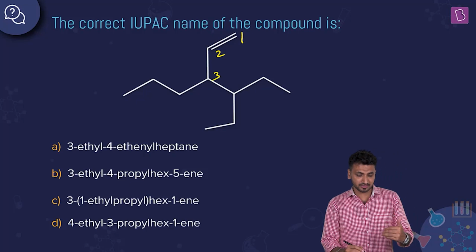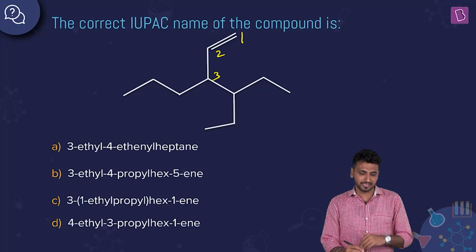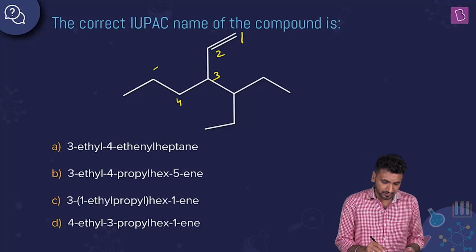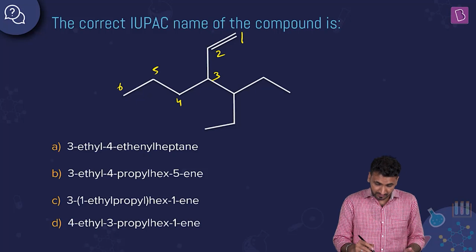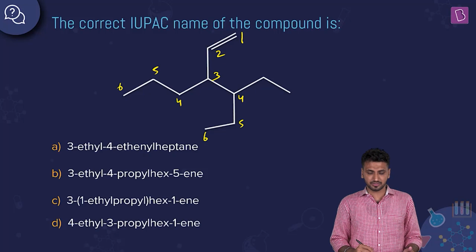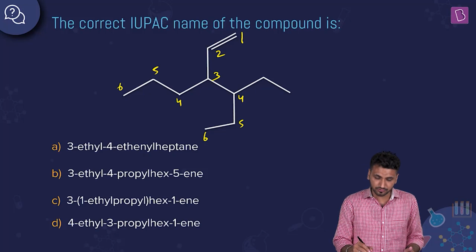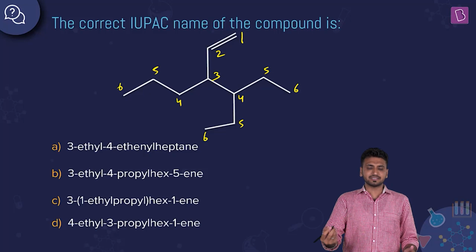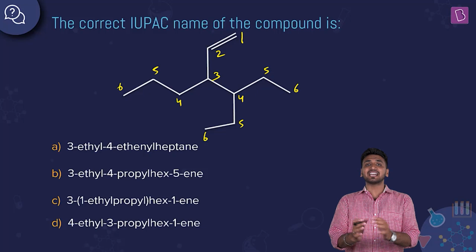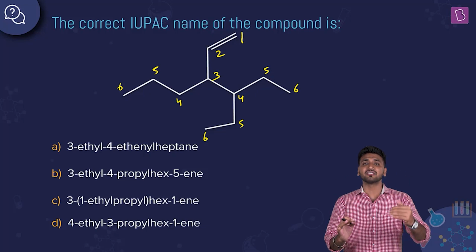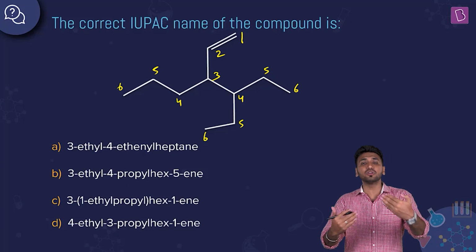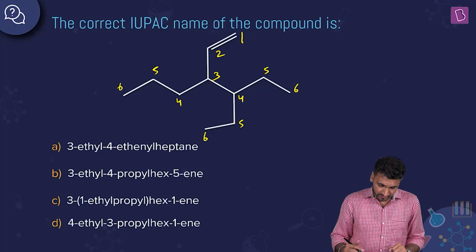Now the question is where we are going to proceed. So the longest chain rule. So if I move this side 4, 5, 6. If I go from 4, 5, 6 here. And if I go from 4 to 5 and 6. So everywhere it is 6. So longest chain is a tie case. So what we have to keep in mind is choose that chain where there is more number of substituents, where the side chains are more. So if I just keep that in mind,